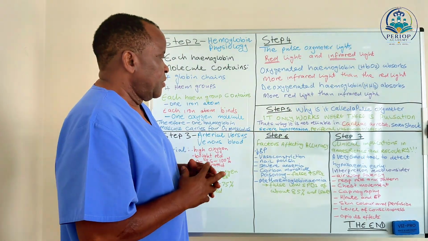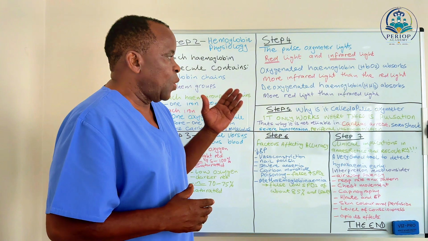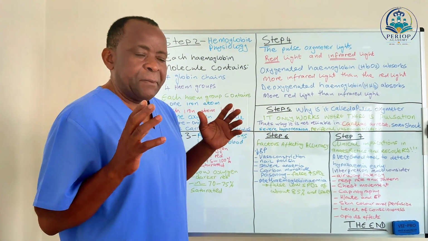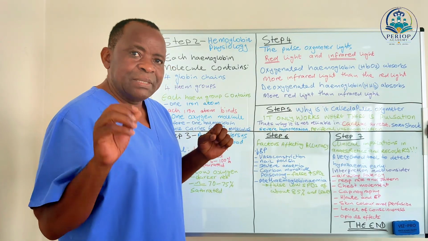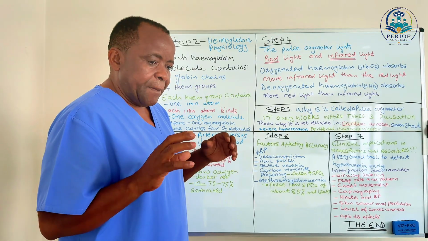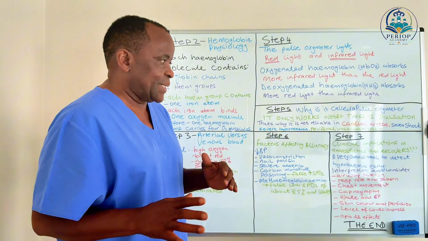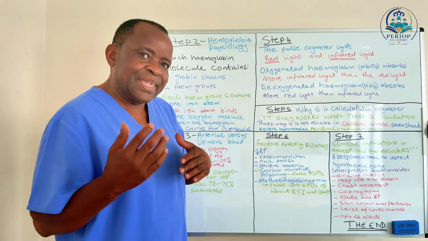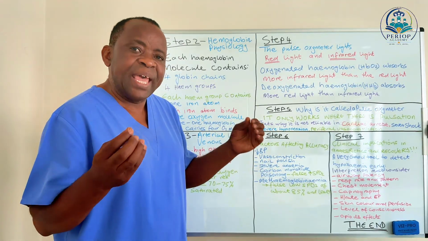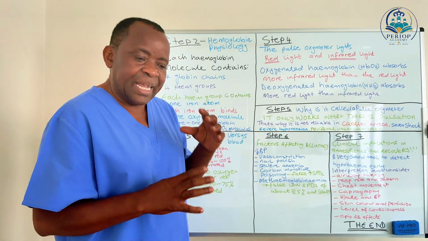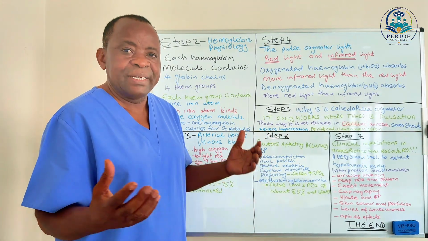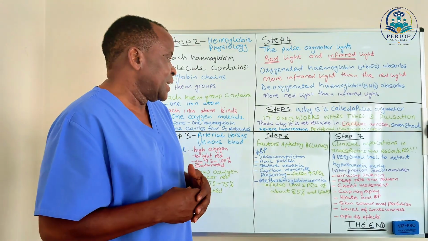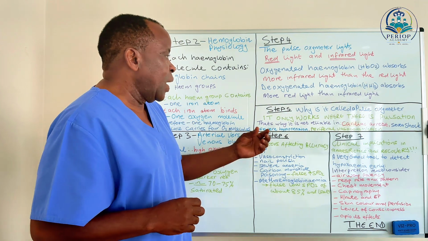Now we want to find out, why is it called the pulse oximeter? Why do we call it the pulse oximeter? We call it pulse oximeter because the pulse oximeter only works on detection of pulse. It works where there is pulsation. If there is no pulsation, the gadget is rendered irrelevant, and whatever information you get from there is not accurate. For that reason, that is why